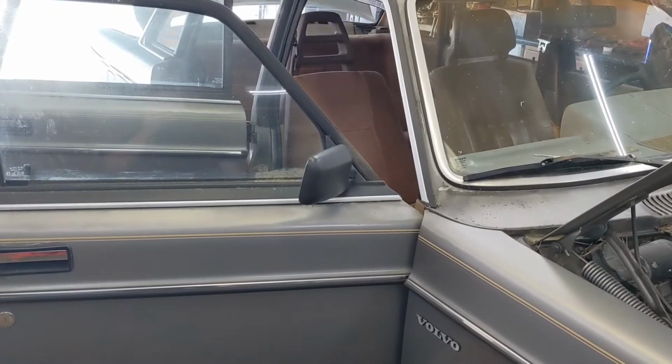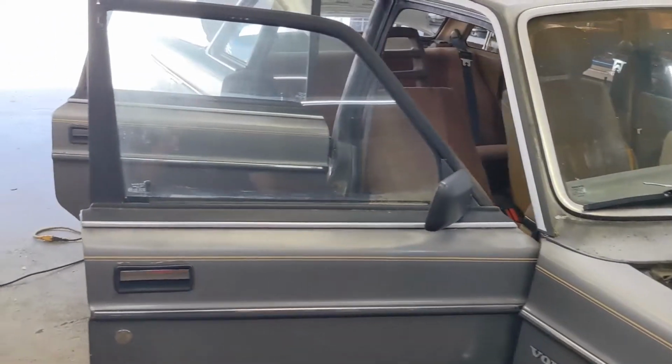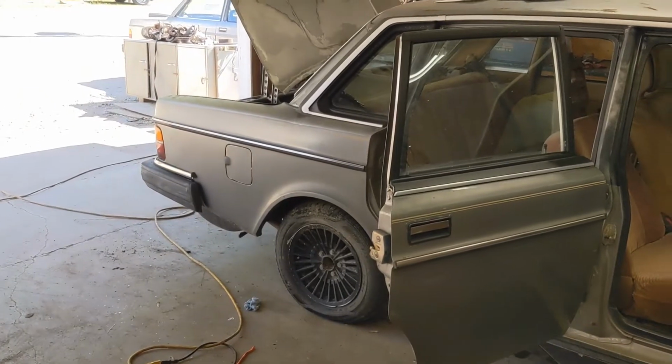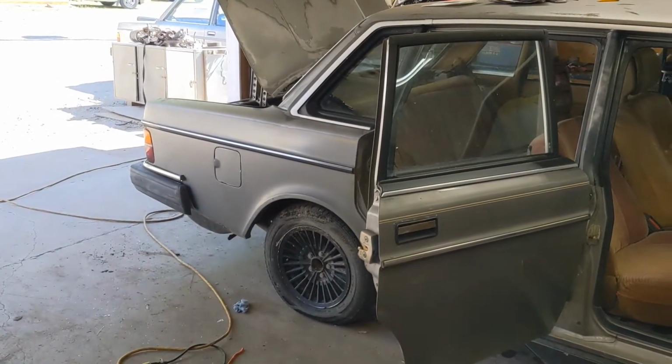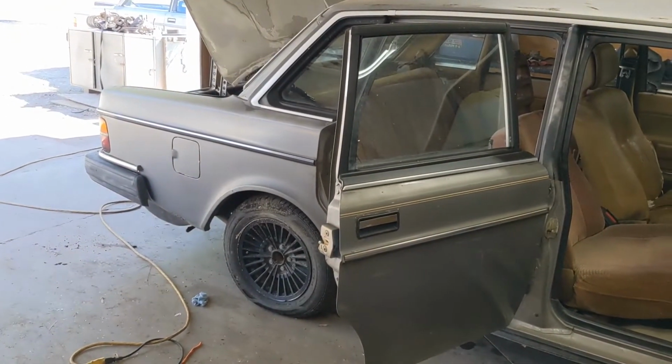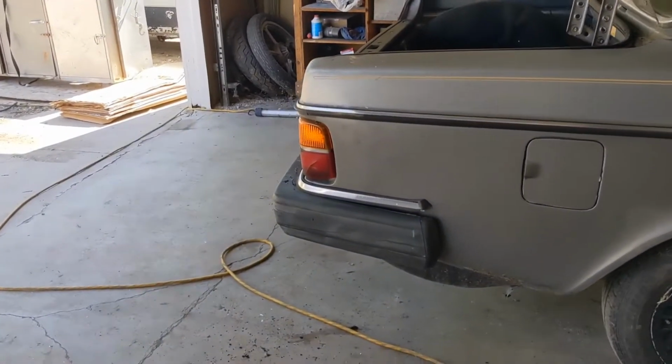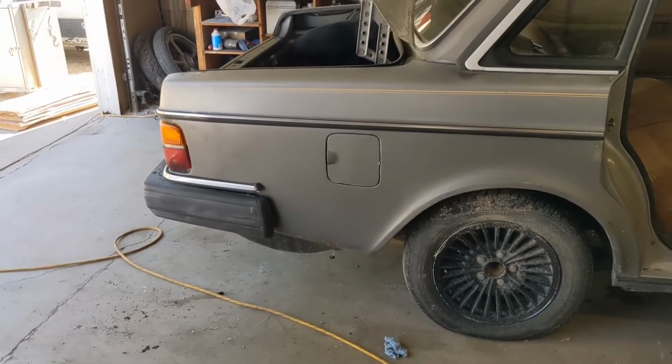And hopefully she'll run. I'm probably going to end up pulling the tank out and washing the tank and then replacing that with some fresh gas, because it's probably got a lot of crud built up inside of it. So I'd rather not run that through the fuel system. And then I'm probably going to change these taillights too. You can see that one's got a crack in it. If you look close, not the best, but...